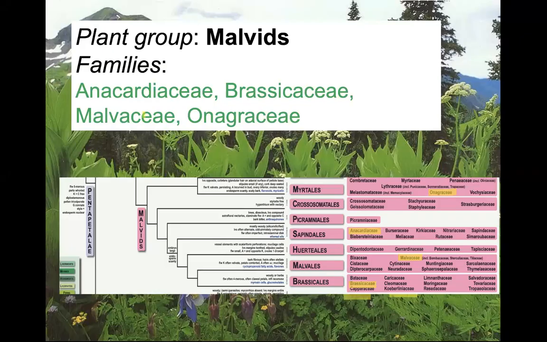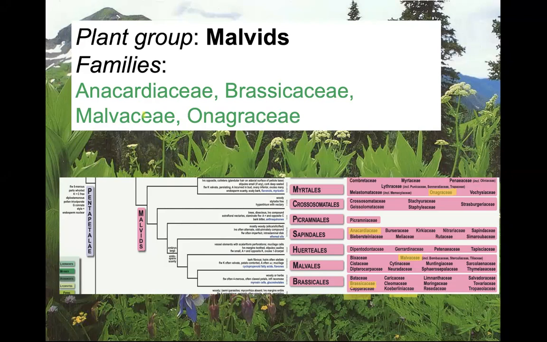It's a late night edition of another field botany lecture. So let me lull you off to sleep by discussing the Malvids, our other major clade of rosids, eudicots, generally with free petals. We're going to be discussing 4 families today: the Anacardiaceae, the Brassicaceae, the Malvaceae, and the Onagraceae,